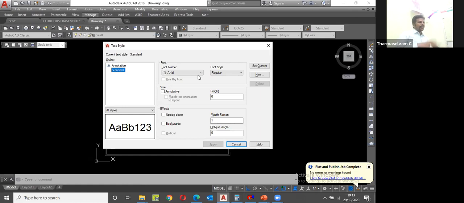But if you are going with 1:150 or 1:200, when you take the printout, so many objects are covered in the single sheet. It is not visible, or it will be irritating to read. That's why we are always going with 1:100.